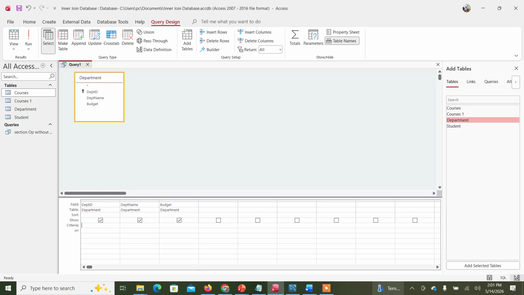Here I am writing the criteria where department dot department ID is greater than 3, for example. So it will retrieve all those records where